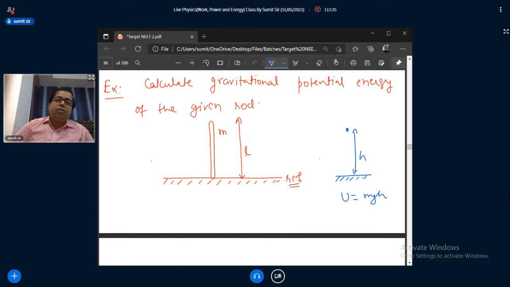But here it's not a point object. The mass is distributed from the surface to the topmost point. If you take small pieces, you will find that the height of all the pieces is continuously increasing. So we can say